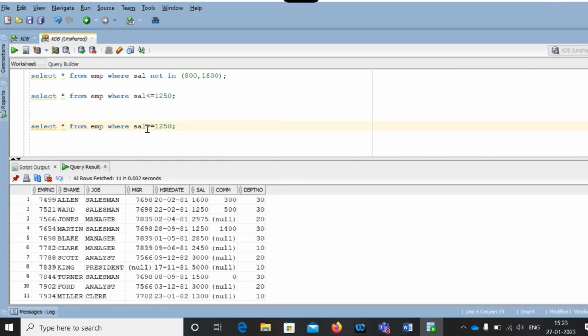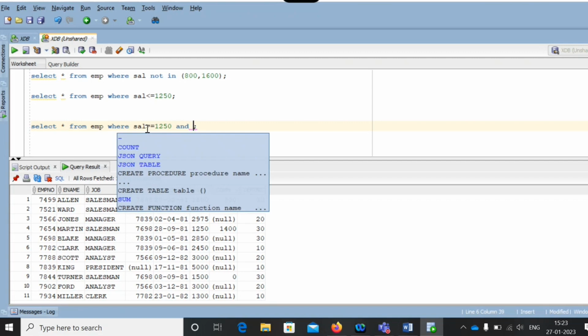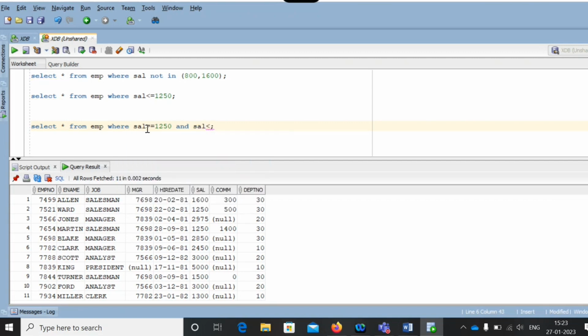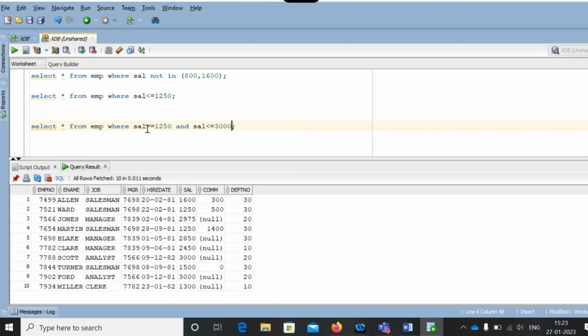I haven't put a second condition, see, I just mentioned the lower bound. I haven't mentioned the upper bound. And salary less than or equals to 3,000. Now you can verify you don't see any value greater than 3,000. We see up to 3,000 because I use the equal operator.